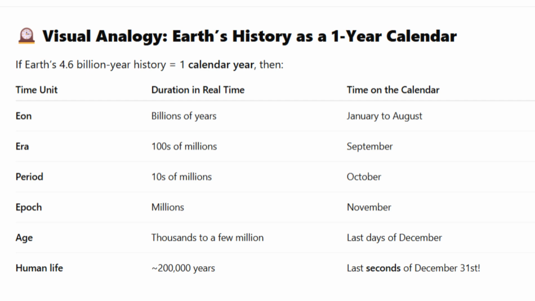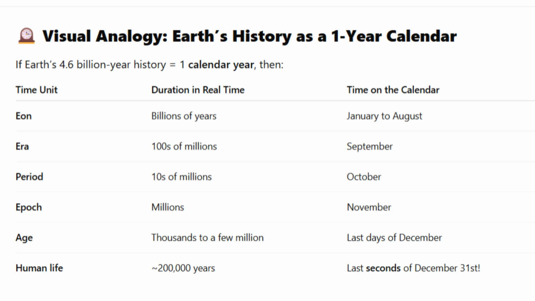August: complex life emerges. Only in late August do complex, multicellular organisms appear. September: dinosaurs, reptiles rise. Fast forward to September, entire eras like the Mesozoic pass, home to massive dinosaurs and the first mammals. October: dinosaurs reign. In October, the Earth is alive with towering reptiles and strange plants. But by the end of the month, an asteroid strikes, and the age of dinosaurs is over.